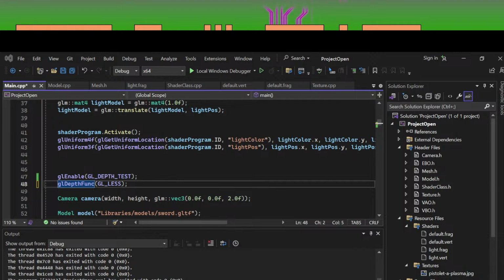glEnable GL_STENCIL_TEST and making sure we also have our depth buffer enabled. Then we use glStencilOp plugging in GL_KEEP, GL_KEEP, and GL_REPLACE. This will make it so that when both the depth and stencil tests pass, we'll use the reference value specified by glStencilFunc. Now let's make sure